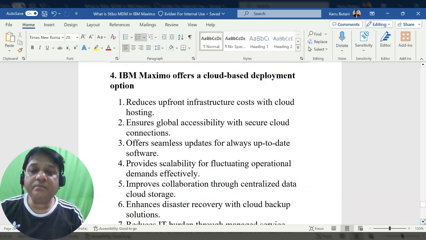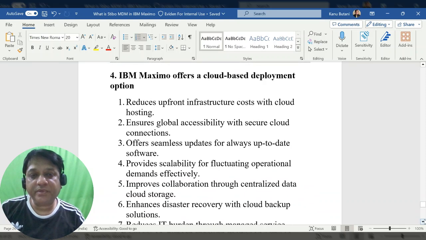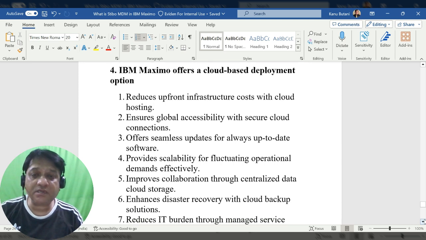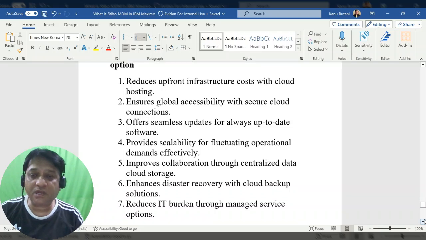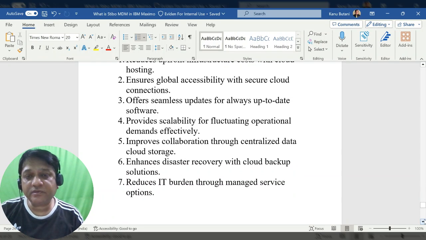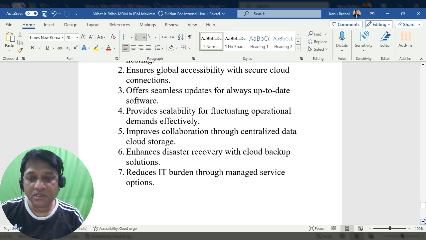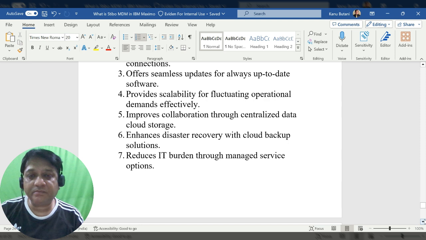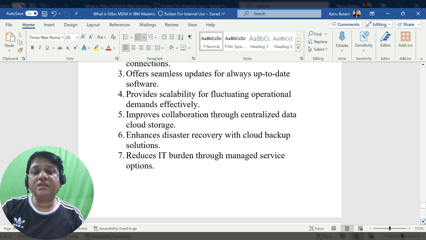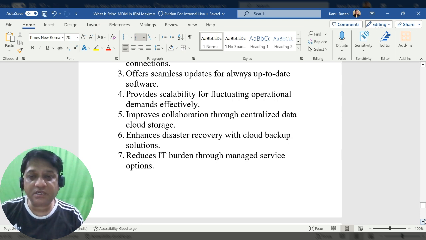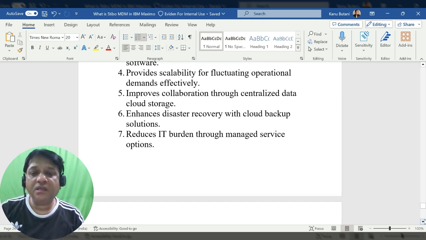Fourth is IBM Maximo offers a cloud based deployment option. It reduces upfront infrastructure costs with cloud hosting. It ensures global accessibility with secure cloud connections. It offers seamless updates for always up to date software, providing scalability for fluctuating operations, improves collaboration through centralized data